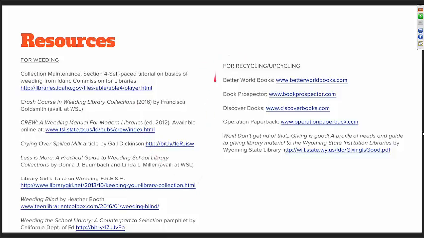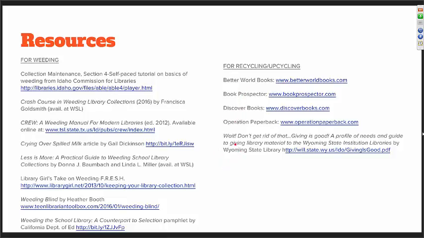And then over here are some organizations that accept donations, or they will buy them on consignment from you. Better World Books, maybe you've seen them if you've bought used books from Amazon. They will give you a portion of the proceeds once they have sold those books. The problem with those types of organizations is that it can be expensive, but also it can be very time consuming. Maybe it will be beneficial to your school, your budget. Maybe it's something that you would like to participate in. But here are some other